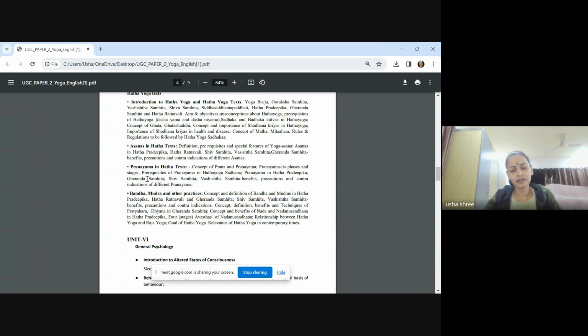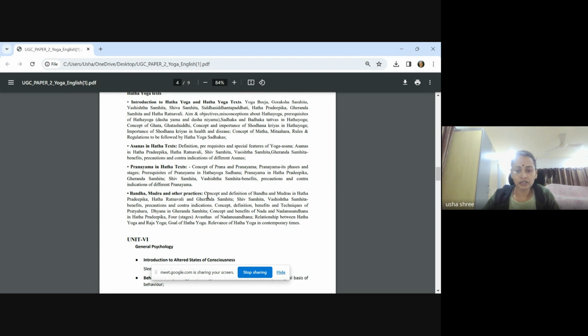Okay, so the way they would approach the Hatha Yogic texts is, first they would start off with the Hatha Pradipika, then followed by Gheranda Samhita, or both. If there are teachers available to teach both the topics, then both will go parallel, hand in hand, and then the other texts would follow, because the other texts are a little smaller when compared to Pradipika and Gheranda Samhita. Okay, so please make comparative notes right from the beginning.